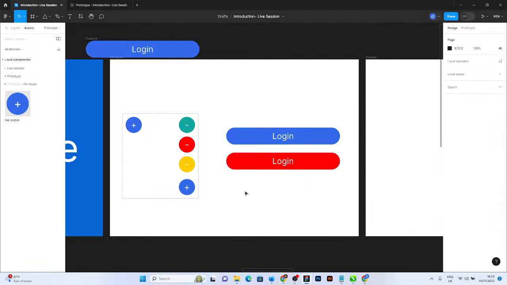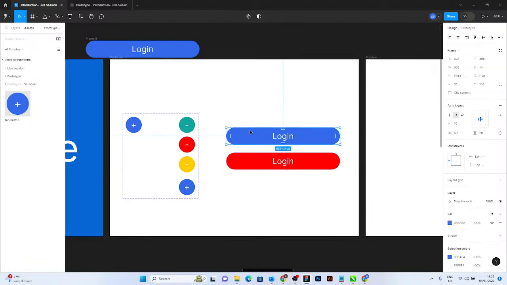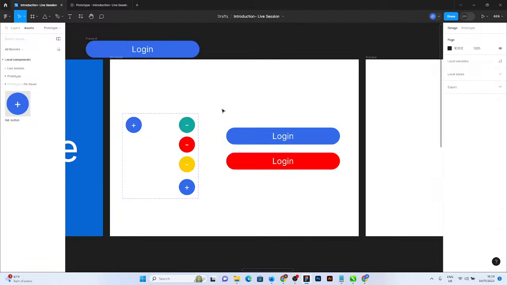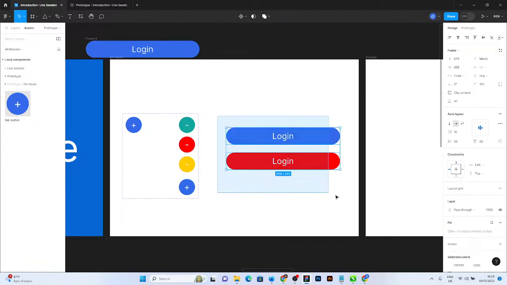Now this red. Okay, then this is my start state, this is my end state. None of this will come down from heaven for you. You have to create all these independent states. So I select the two of them and I go to my components and I want to select create